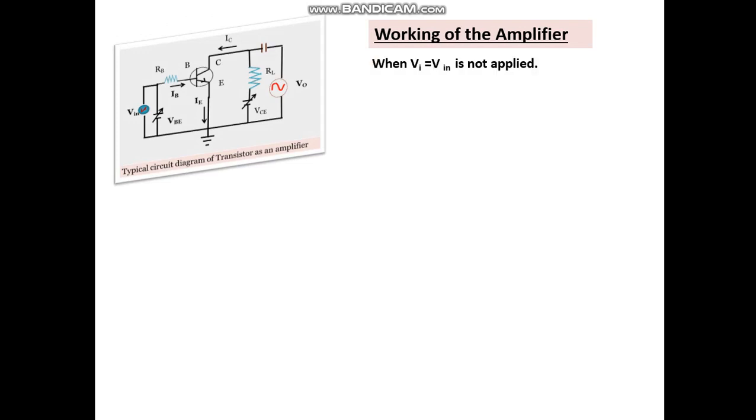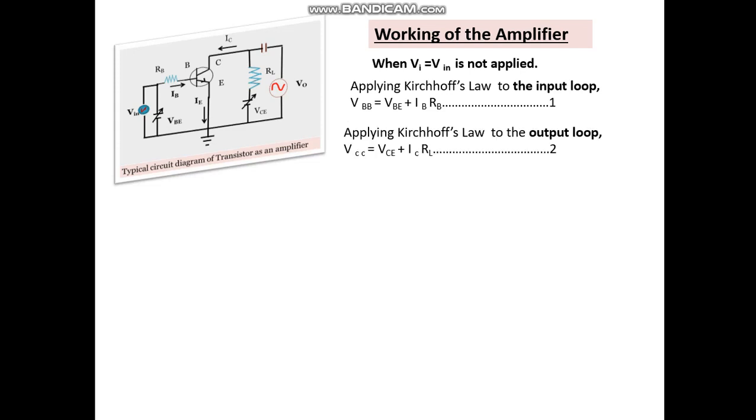When the input voltage Vi is not applied, applying Kirchhoff's law to the input loop, VBB is equal to VBE plus IB into RB. Applying Kirchhoff's law to the output loop, VCC is equal to VCE plus IC into RL. When an AC signal is applied, that is, Vi is not 0,